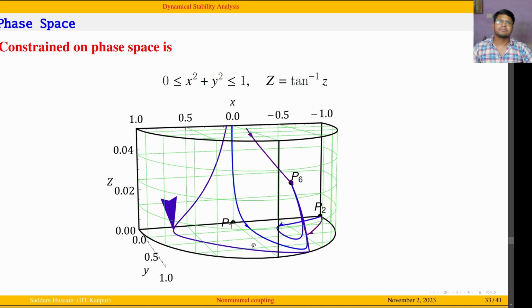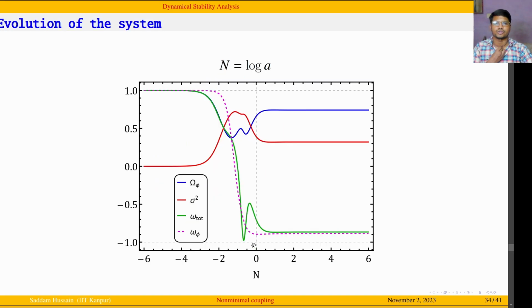So we are expecting z is equal to tan inverse of z. So we have this x, y, and z situation over here, and we are seeing the trajectory originating from P2 as actually converging towards P6, and P6 are our accelerating situations. Some trajectories are originating from z is equal to pi over 2, and they are also converging towards P6. So P6 becomes a global accelerating, stabilization solution, and if you are trying to find